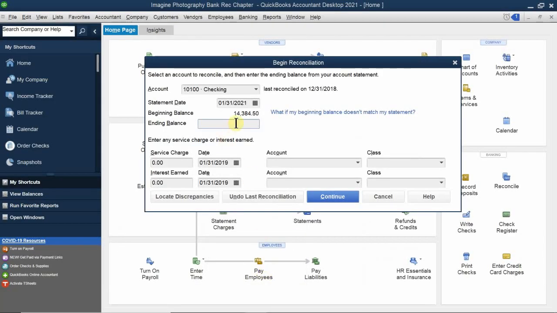Okay, I need to bring my books, my checking on my end in the QuickBooks, up to the value of $5,424.92. Right? This is what I want to match. Now, the next thing you're going to do is enter in any statement charges or any